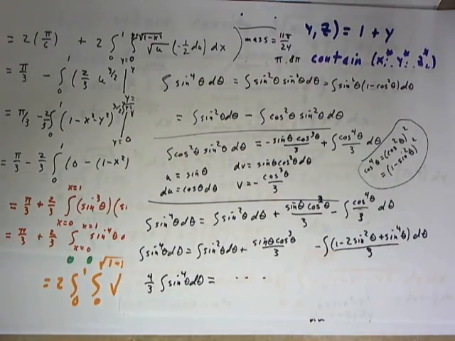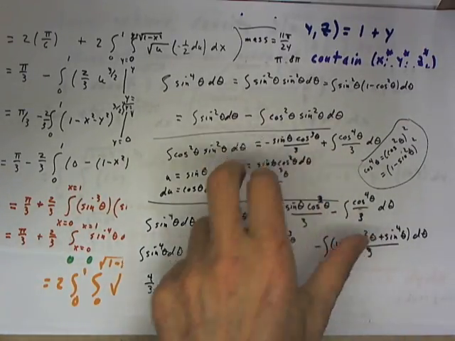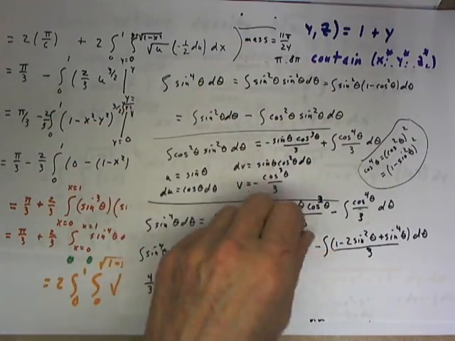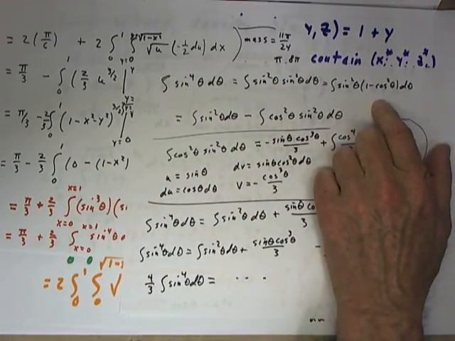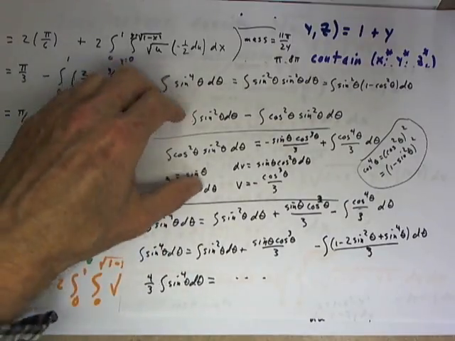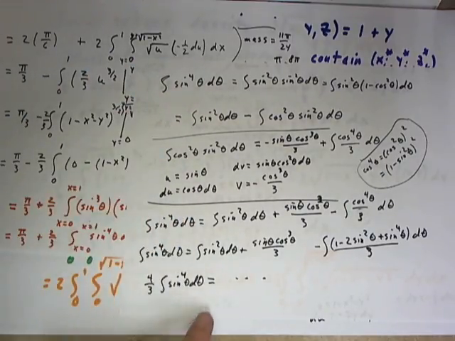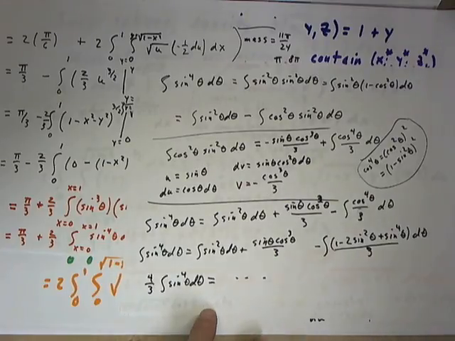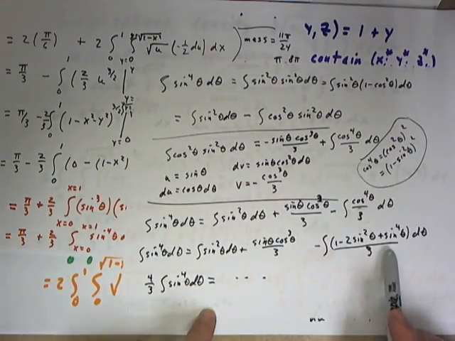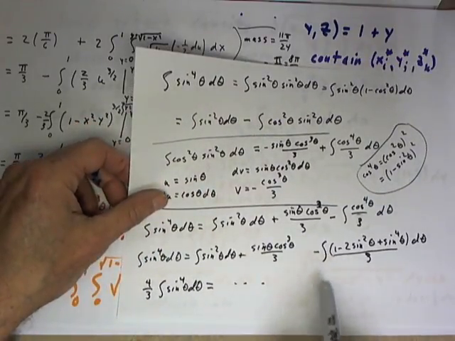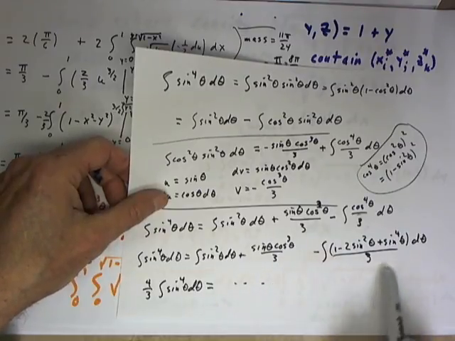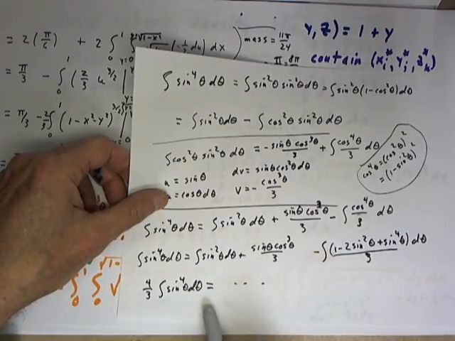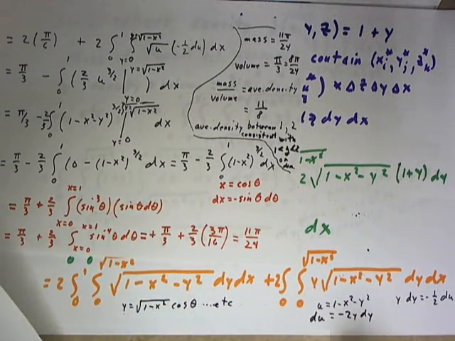There are alternative ways to do this, and some of them a little bit more elegant, but what we've done here relies only on the Pythagorean identity, the fact that sine squared theta is 1 minus cosine squared theta, and the ability to recognize and pursue a reduction formula. I don't even guarantee that I've got all the constants right here. You see me make errors of that nature, and I'm not going to double check it. I'm not going to pursue the rest of this integral. I'll leave that as kind of an open question whether I've got everything right, but this is a guide to how the integral can be performed,